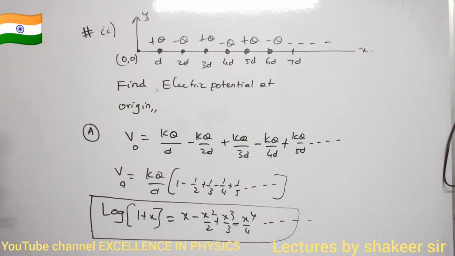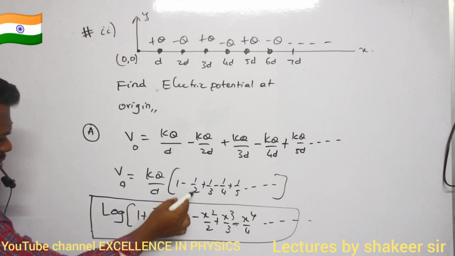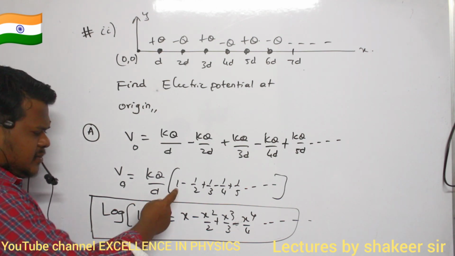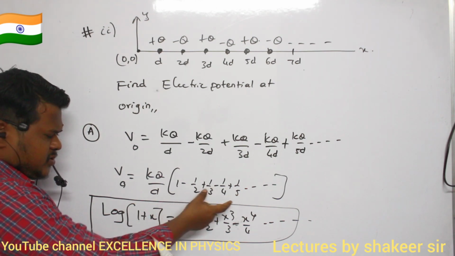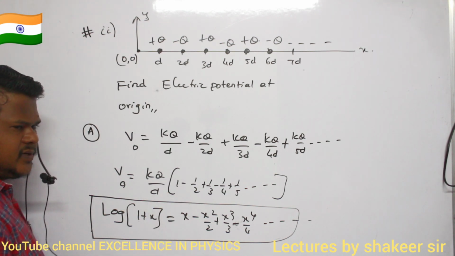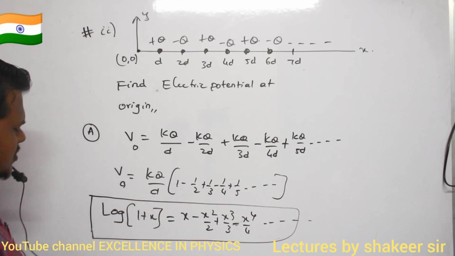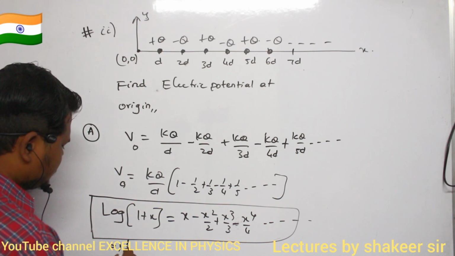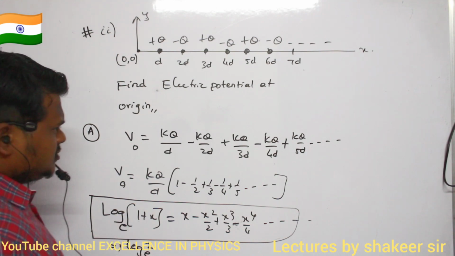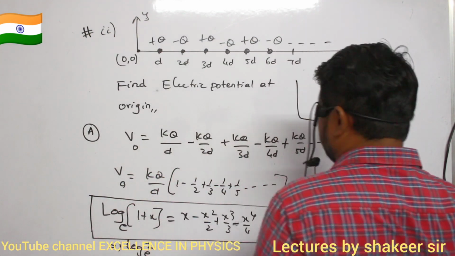Are you able to understand? So here, by comparing these two, can you say what is the x value? By comparing this to this, x value is 1 only, no? If you compare these two, definitely I can understand x value is 1. So therefore, log 1 plus 1 is how much? It is log 2 to the base e. So just substitute the value here. That should be our answer.